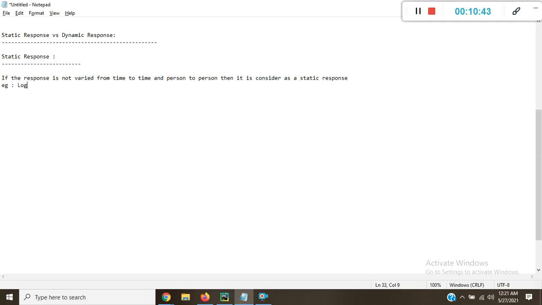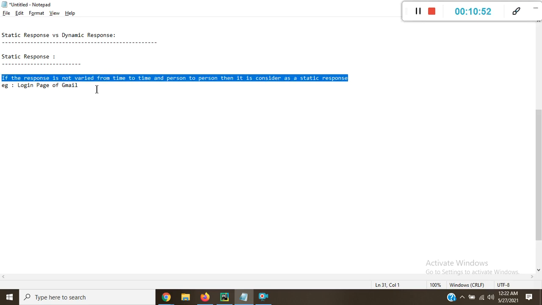Example, login page of Gmail. ठीक है, copy.